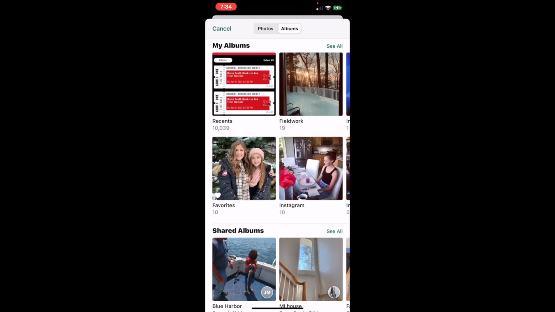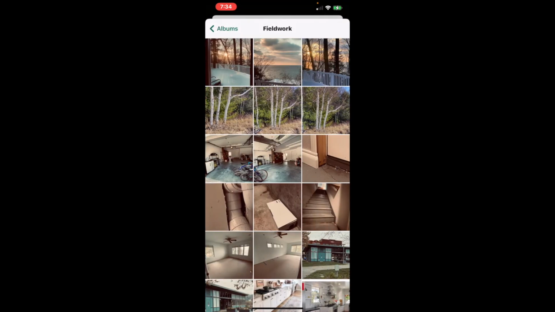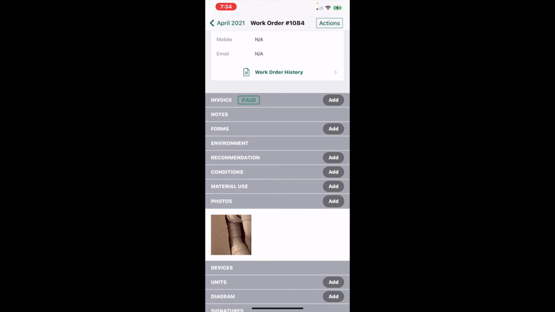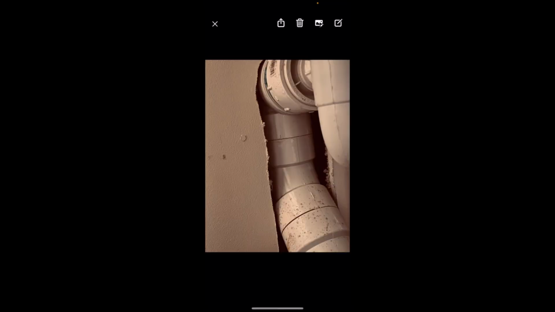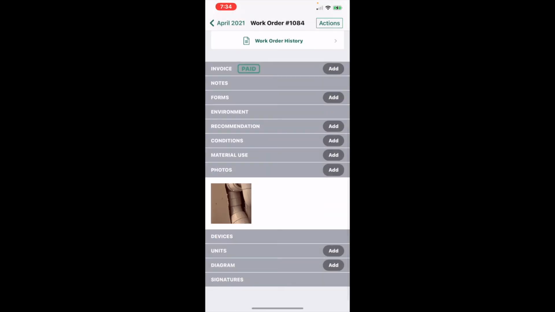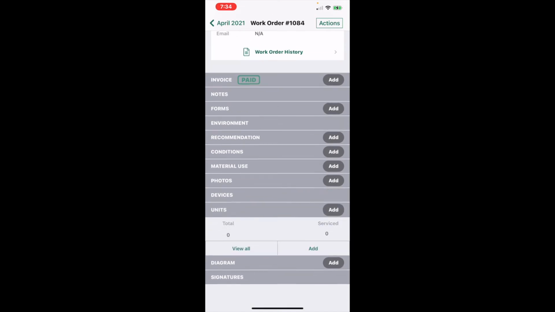We'll go into this and I'll select a photo. From here, once I add it, I can view it in more detail. I can also add in notes. So we'll go ahead and close that out. And again, you can add up to 10. Under the unit section, which I'll actually go through in another